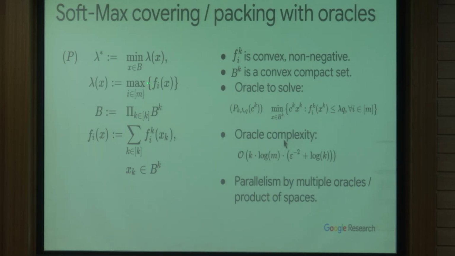Lambda is some maximum value of a set of positive functions. But these functions are defined over a set which is a product set, and each subset, each of the B_k, is essentially kind of an oracle, and you can decompose the function into sub-functions. So that's their idea, and there are some extra requirements. The functions should be positive. These have to have an interior point, and there is quite a bit of extra things to require.